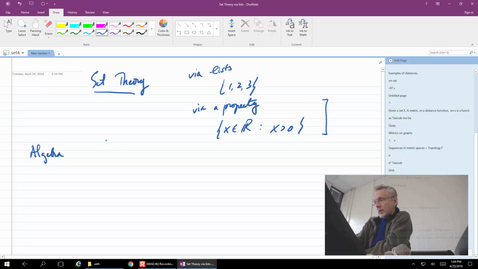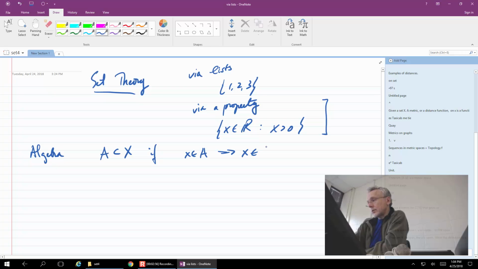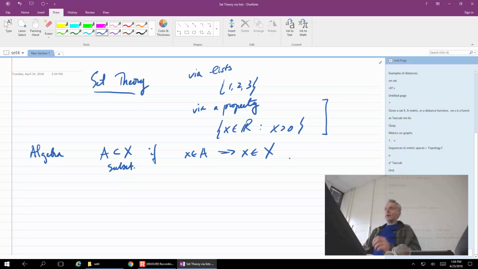So subset. So A is a subset of X if X belongs to A implies that X belongs to X. Okay, this is the definition, our definition of a subset. So that is one way to put it. Another way to put it is